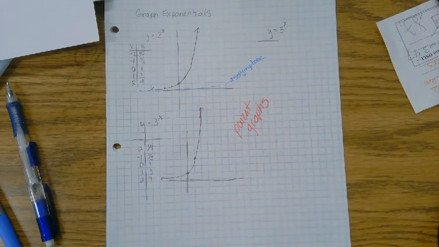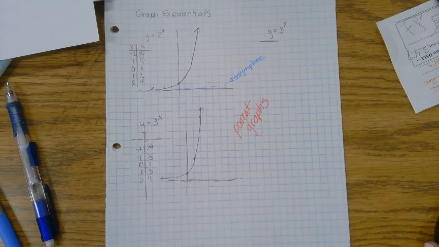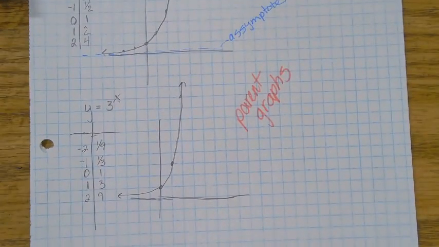And then, as we add things to this, it takes this graph and moves it. Or makes it steeper, or makes it more narrow, makes it wider, might flip it upside down, things like that. So, what I want to do is look at